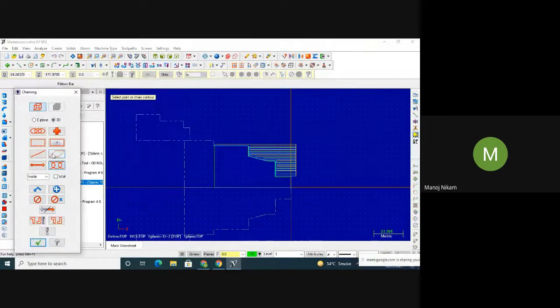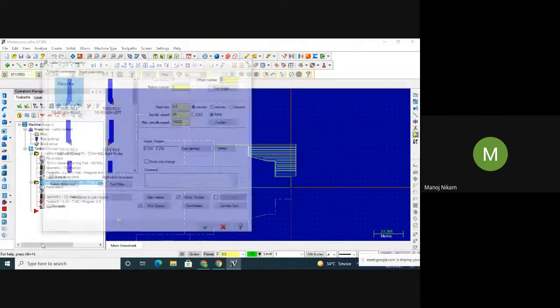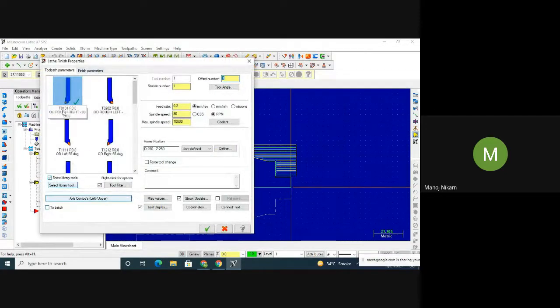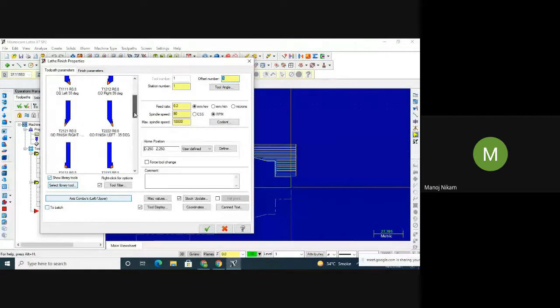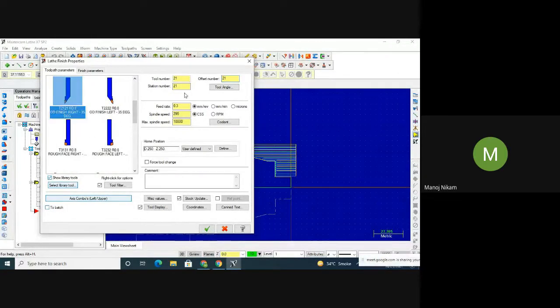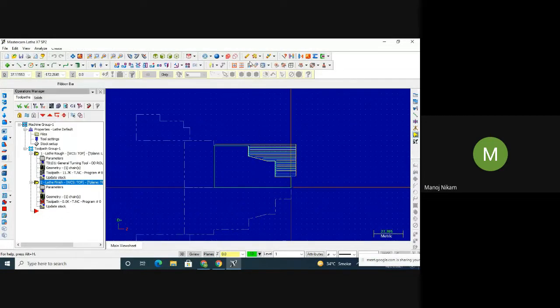the finish cut. So the finish cut will be used for removing the excess material which is pending from the rough cut. Okay, so for that you have to use the finish tool, which is already available here. If you want to modify, see the tool number is 21. So I will show you in the G codes also where it is going to change the tool. Okay, because after the rough cut, the tool has to be changed, so that it takes the offsets and station number by default. But once you, yes, one thing I forgot to tell you,